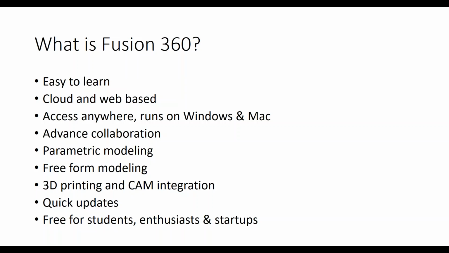So for a particular product development, it can design, it can assemble a part, it can do a CAM analysis, or it can do a simple finite element analysis. Finally, you can go through with an end product, and you can even simulate your manufacturing process also. You can directly integrate your 3D printer, and directly give your product to manufacture. That is how this software is built.